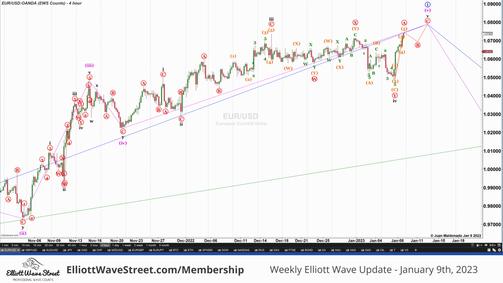Nothing better than starting the year with a complete analysis about the waves and what to expect and how to trade this upcoming cycle. So this is the euro. We're starting here on the 4-hour chart. We are looking for the price to complete the distribution process.